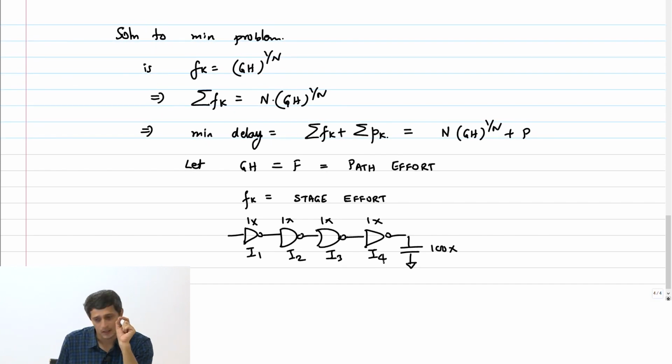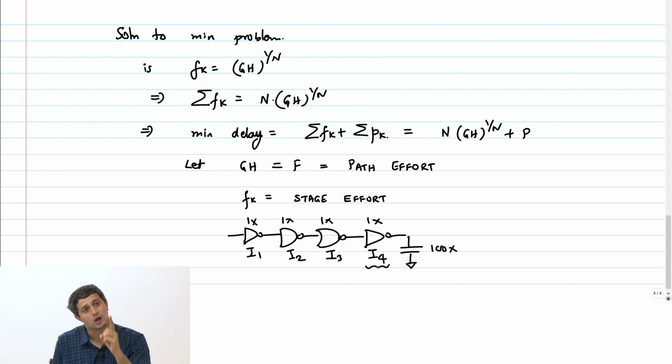If I have a NOR gate which is a 1x gate, then the delay will be minimum for I2. Similarly for I3. By keeping all the gates unit sized, actually most of the delays in the path are reasonably optimum. The only problem is if I do this, then the last gate I4